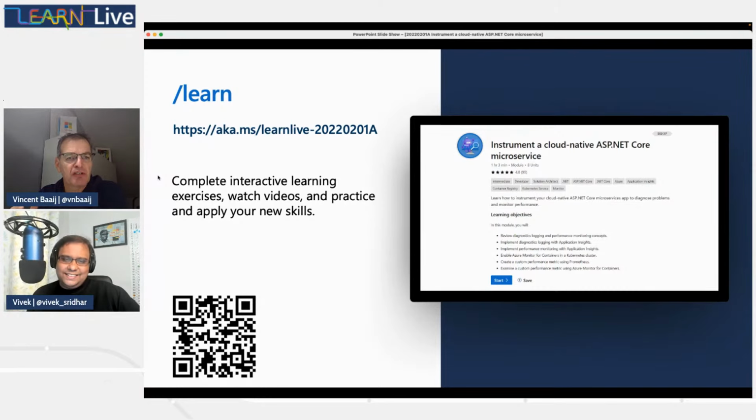Vivek, how does this relate to the previous episodes that you did, and what are our learning objectives for today? Yes, so in the previous three sessions, the first session was about understanding what microservices are, and from a .NET perspective, what tools you need, and how you build and deploy cloud-native apps. We also built the microservice app and deployed it to a local Kubernetes installation using Docker Desktop. And